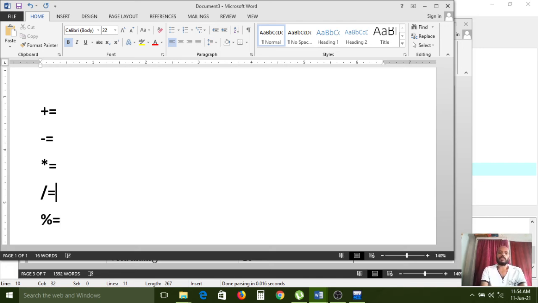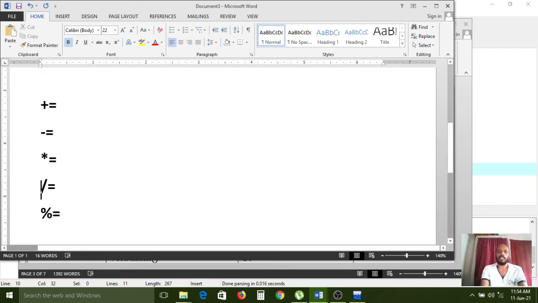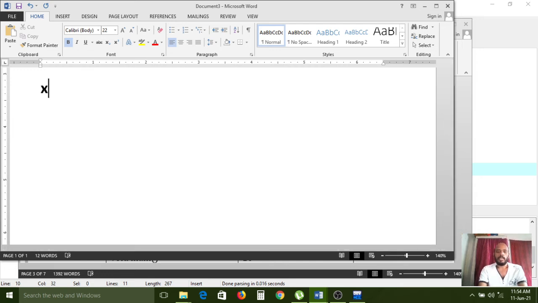Now we have to see how these operators work internally. Here I have shown only symbols, but if you want to use these operators, we can use them only with operands. Here x equal to 10 I have assigned.